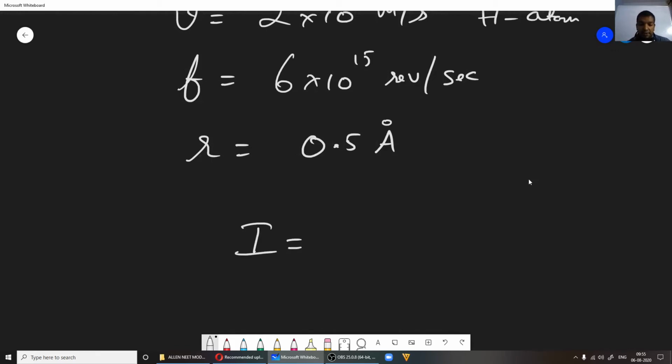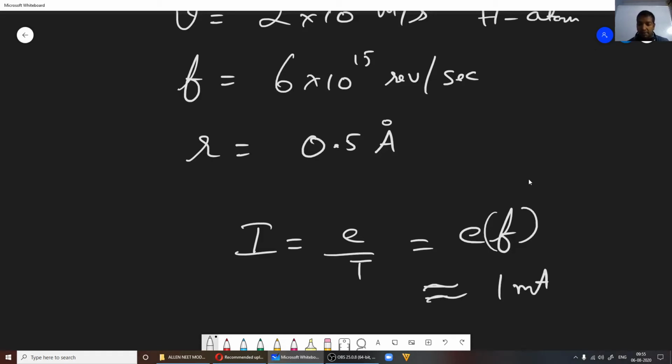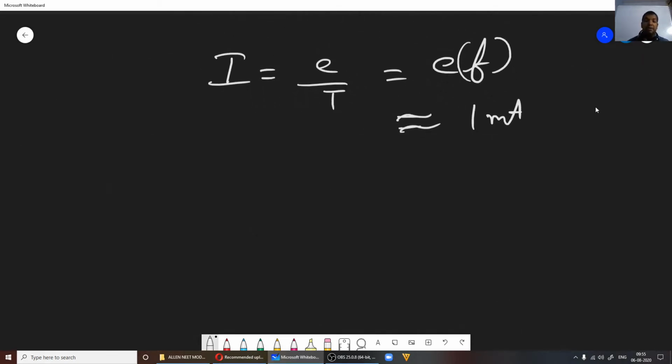So the current, we'll write it as E divided by T, otherwise E into F. F stands for frequency, which is 1 by T, right? So it is approximately equal to 1 milliampere. Now if you consider this revolving electron as a current carrying loop, now we know the magnetic